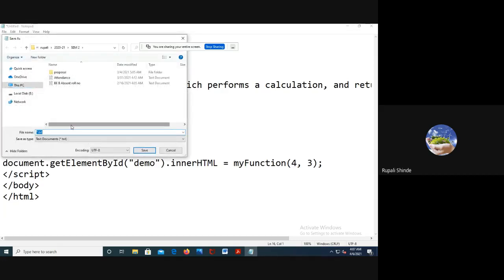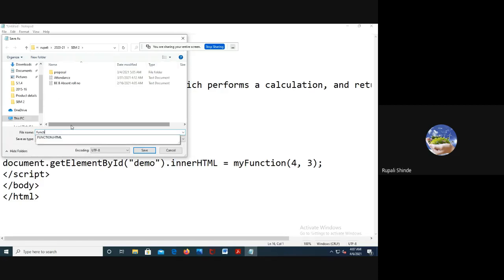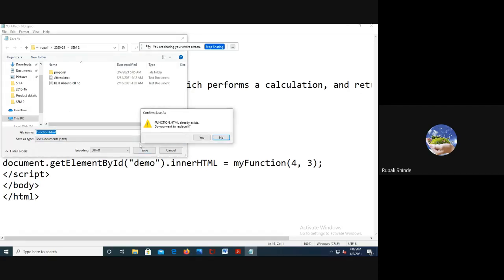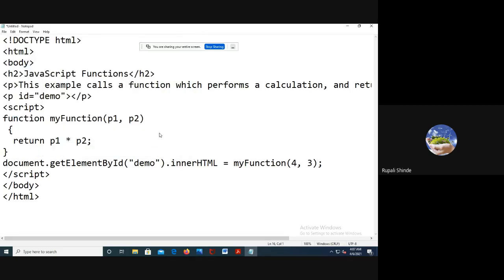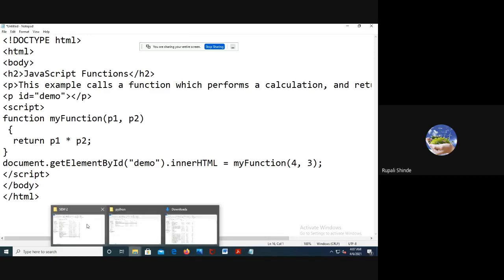We give the file a name, Function.html. We are going to try to execute it.